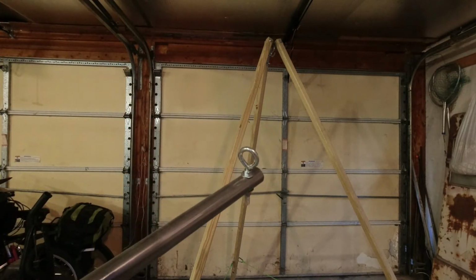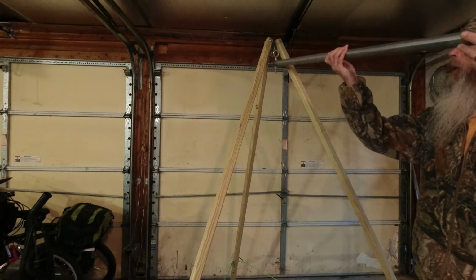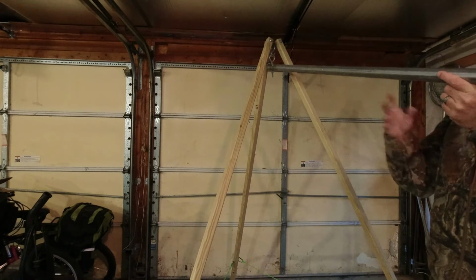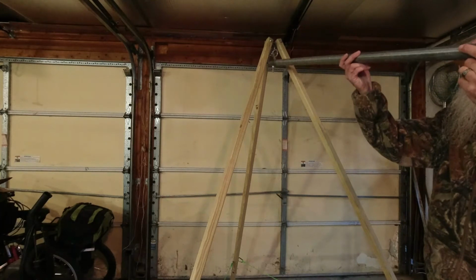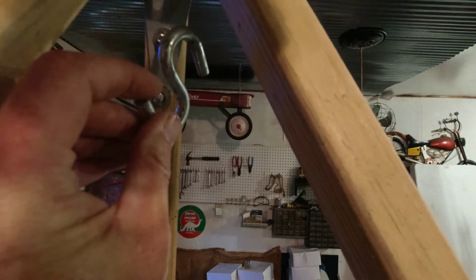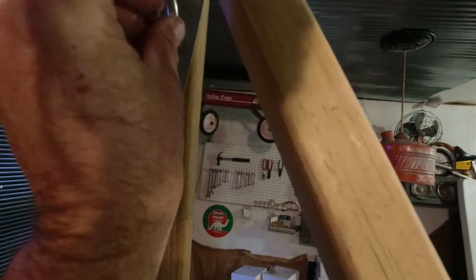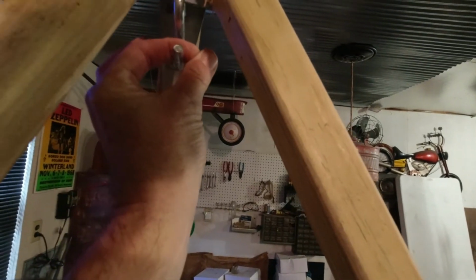And then I will take the eye of this eye bolt. I've only got 1 pole right now, but just to show you, all it does is hang on that S hook right there. That's all you got to do. Once the poles are together and both stands are up, you just stick the eye bolts in there. One thing to point out when you're putting S hooks in, you want this part of the hook facing towards the center of the stand, where your hammock will be hanging,